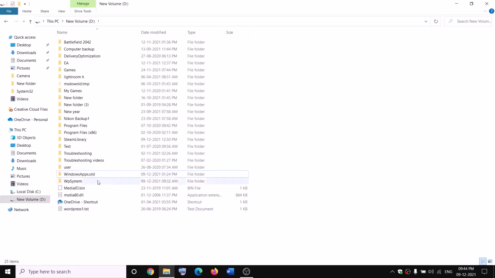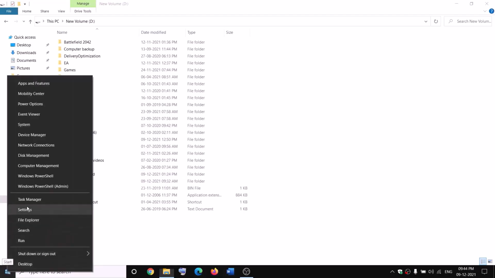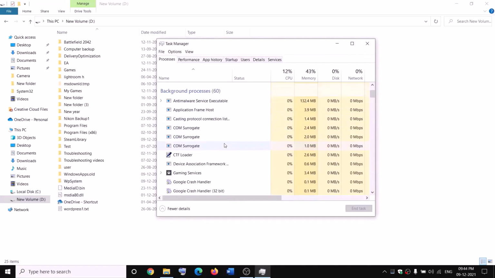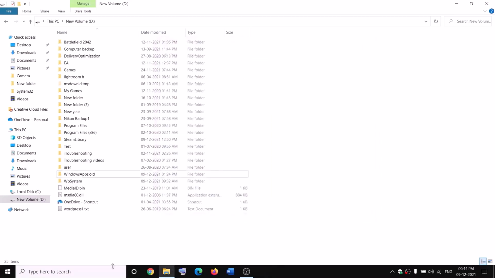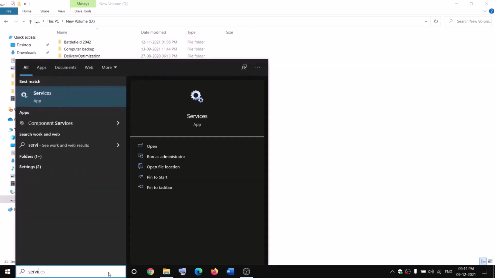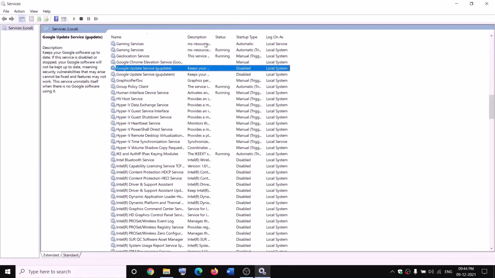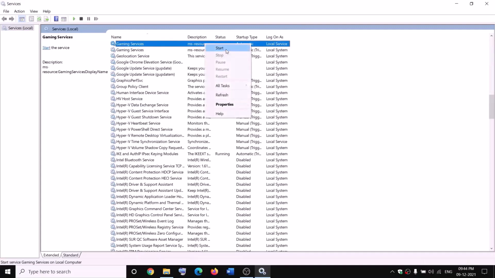Now while renaming it, if you receive any kind of error message which says the file is open, in that case open Task Manager on your computer: right-click on the Start menu, click on Task Manager. Now if you find Gaming Services, right-click and click End Task, and also open Services over here, find Gaming Services, right-click on Gaming Services, click on Stop. So in my case